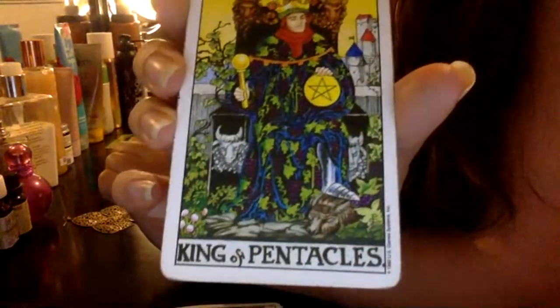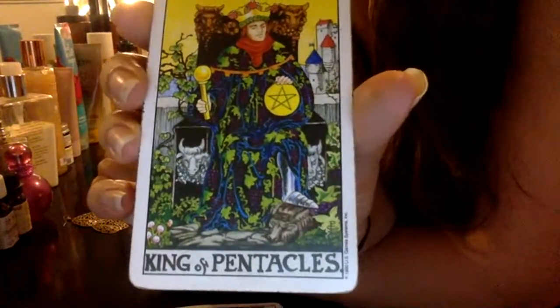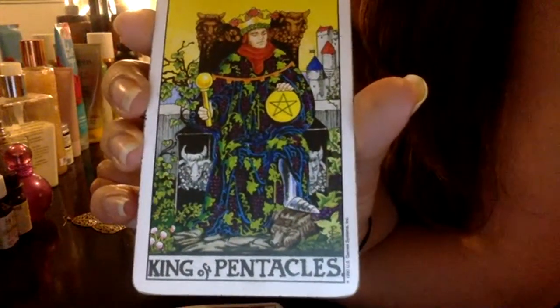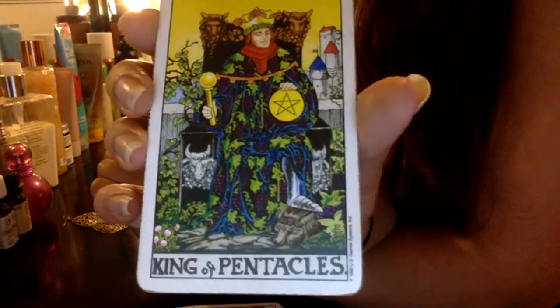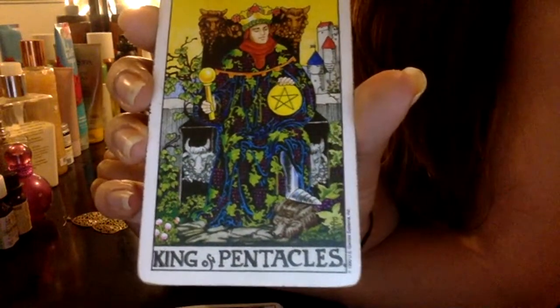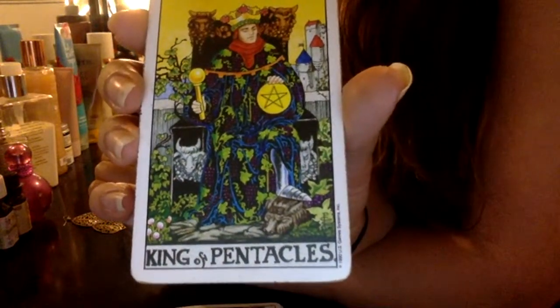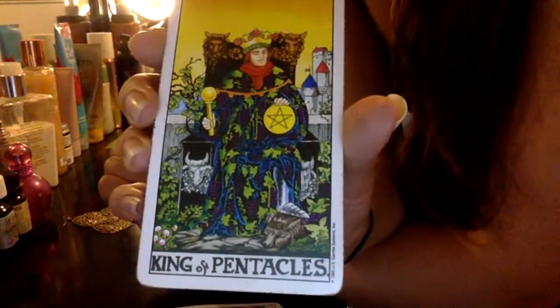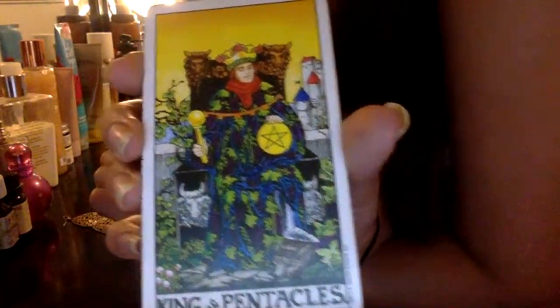And then we have the King of Pentacles here. So I feel like any of you, you're going to grow in some way in terms of maturity, because this King of Pentacles represents someone who was a formerly immature person. So you're going to release some sense of immaturity and grow into a more mature, responsible adult. Now, that's not to say that you don't have to be a fun child in some way, but it's just saying that there's going to be some more respectful adulthoodness,